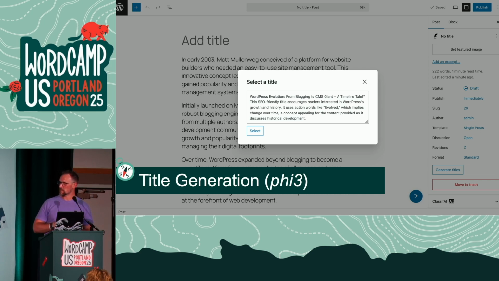The next feature we'll talk about is title generation. Again, still using that Phi3 model. And if you want to go ahead and, oh, here we go. There's some notes. There we go. Thank you, Andrew. So again, here,